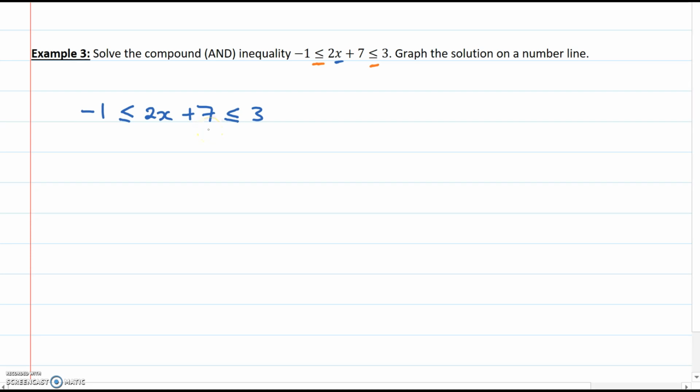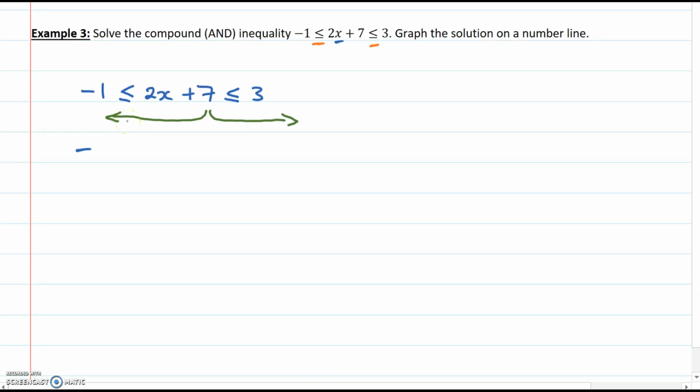And with compound inequalities, if you take something out of the middle, you have to move it to both sides. Okay? You have to move it to both sides. That's the big thing about compound inequalities. If you take something out of the middle, you have to take it to both sides. Now, of course, when you move something from one side to another, across an inequality sign, that piece is going